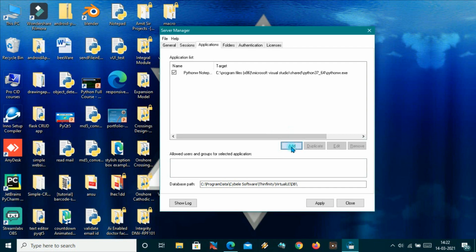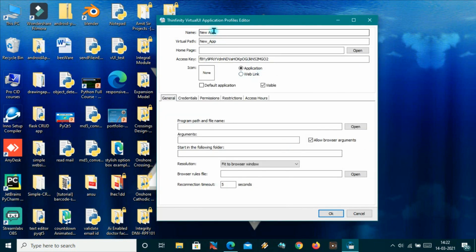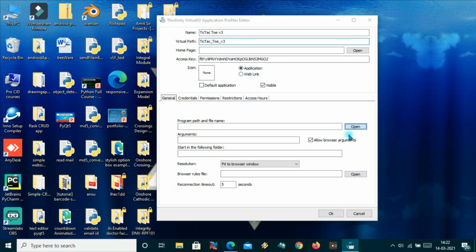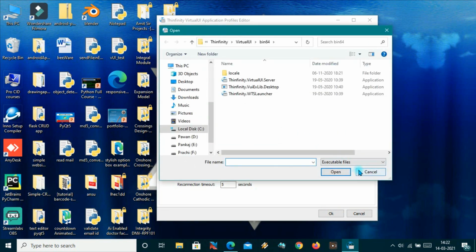I will come here to add, and here you will have to name your app, which will be saved on your host. So I will pass here, like, tic-tac-toe version 3. And the virtual path is already added here according to this name. You can change it, and now leave these things for now, and I will add the path of Python which is installed on your system.